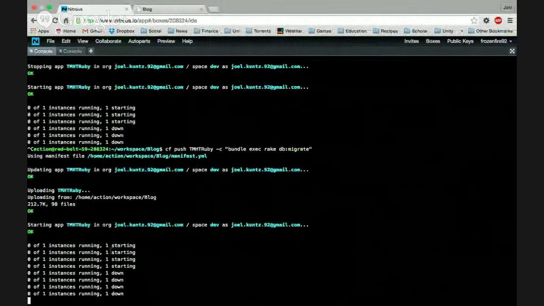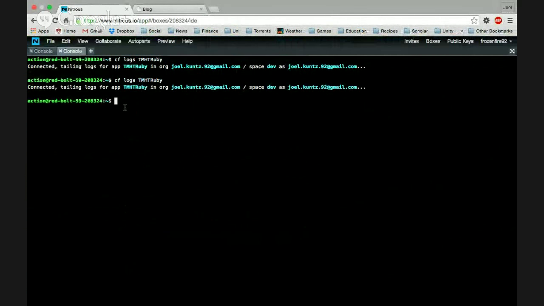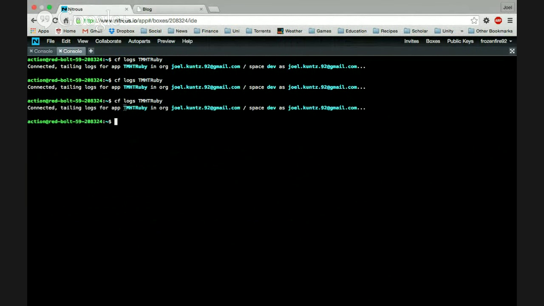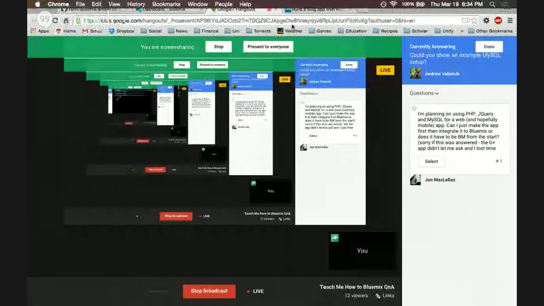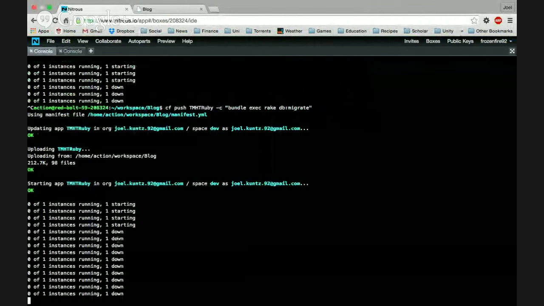So as we can see, it's doing this starting and then down. The last time I did it, did this about, I don't know, for like 5 to 10 minutes, and then it just quit out after a while. So let's see if we can tail the logs this time. So I don't know, I'm going to have to talk to the IBM guys about this because I'm not sure what it's supposed to do, but from my understanding from this tutorial here is we should be able to see the status as it's pushing, but